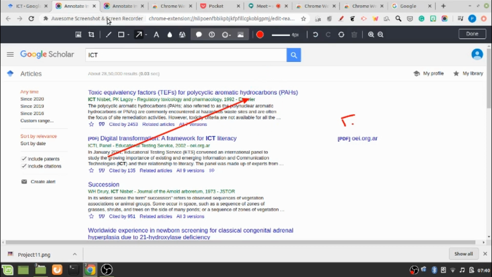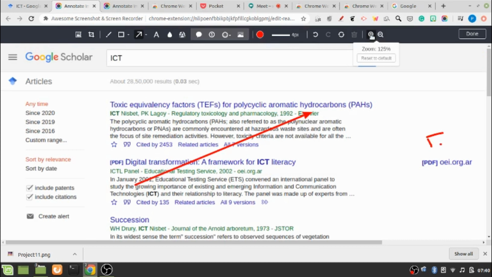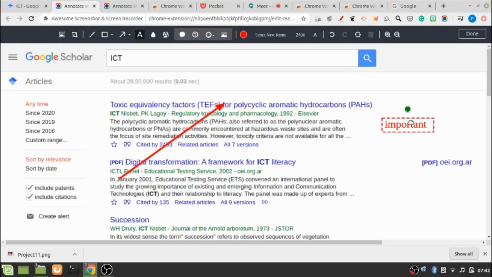Now this is really helpful for creating lessons for your students, especially when you are using some online materials for their reference. You can also add text to demonstrate something in your own words. We can also change the font, we can change the size of the font, and you can also zoom in or zoom out the screen like this. So in this way, the full screen capture works for you.